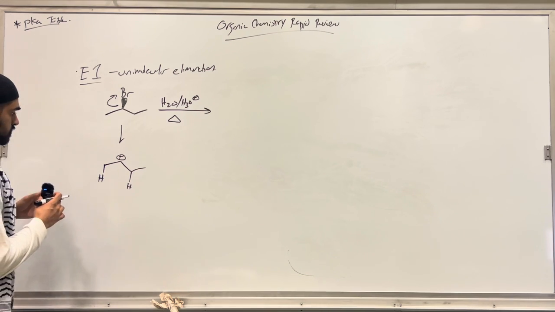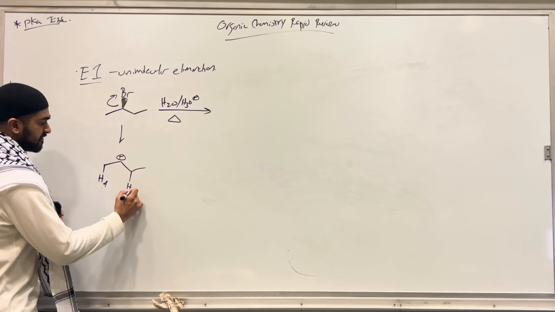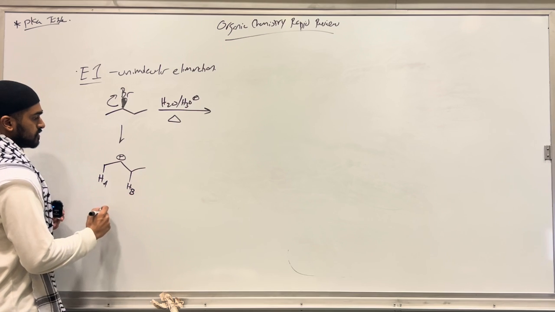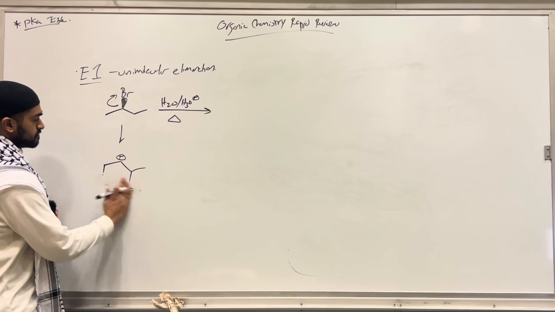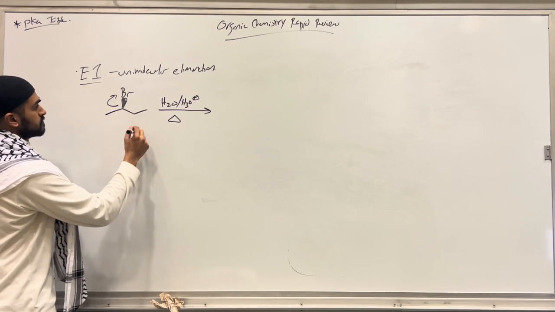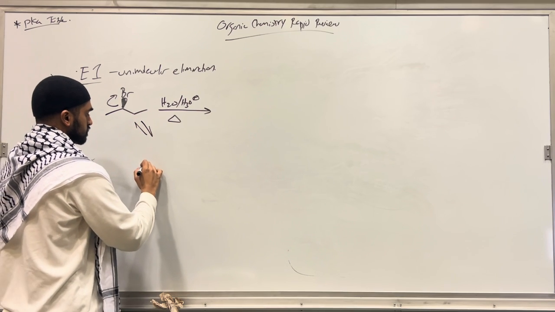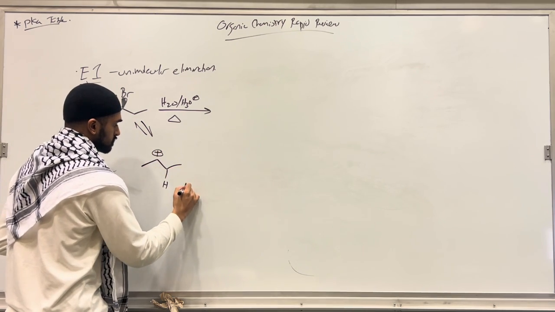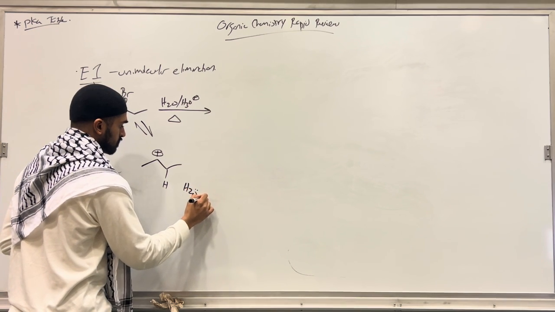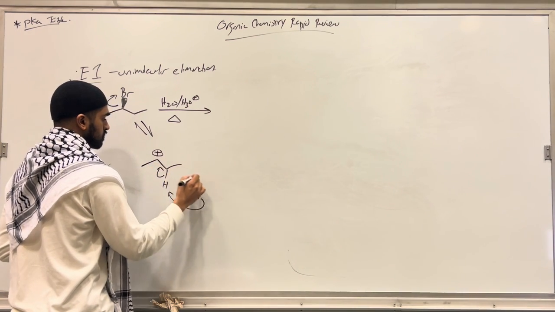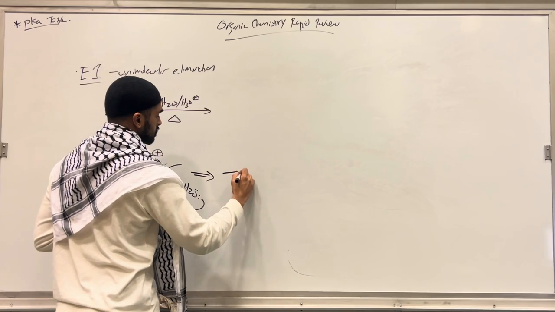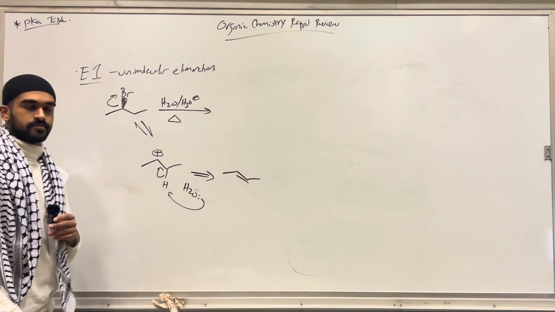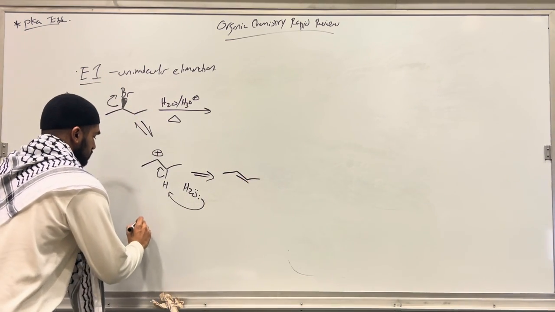Yeah. So we have HA and we have HB, right? Let's actually do both. Let's try both. Right? And then also